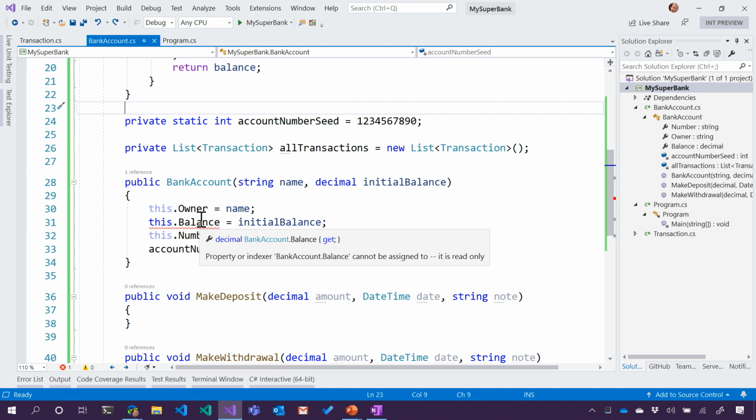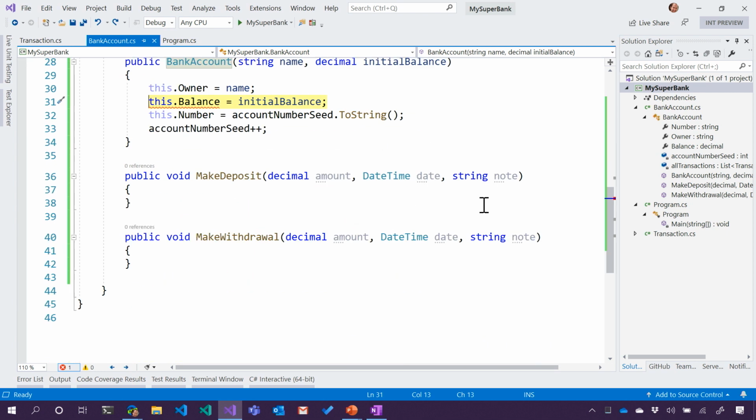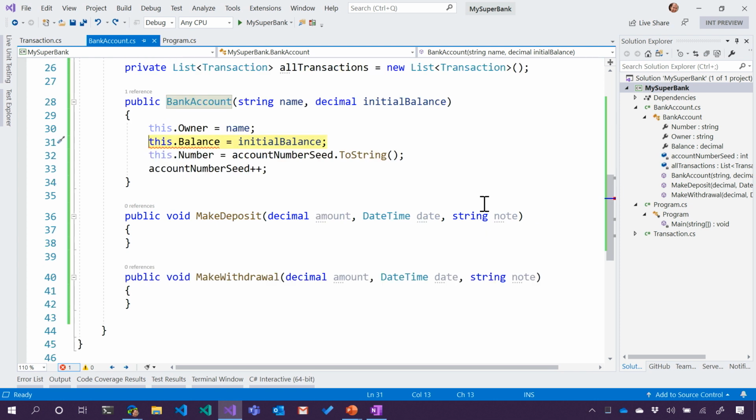Right. So now that we're thinking of this balance as something directly related to a transaction, we shouldn't just give people an initial balance. Like, we don't want to give away free money, right? I see. The initial balance is the first transaction. Right. So that should be a deposit. Okay, cool. Well, we never wrote deposit, though. Yeah. Why don't we go ahead and do that?